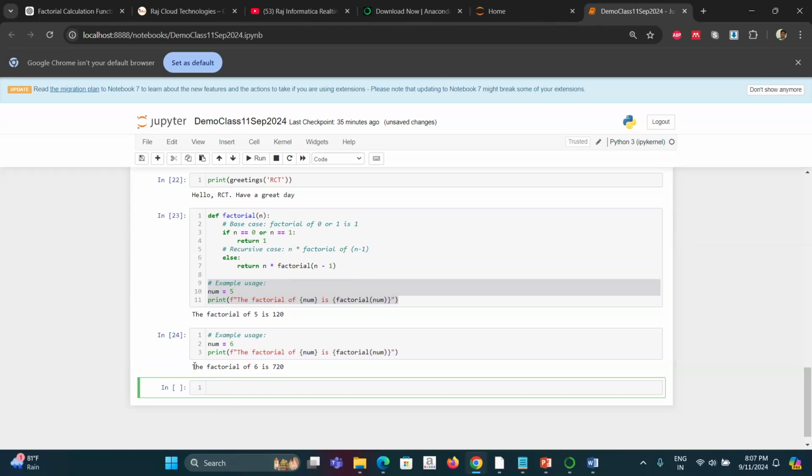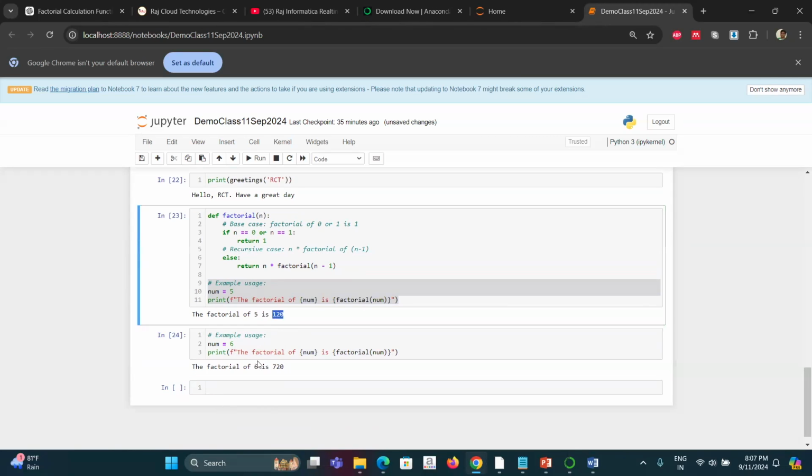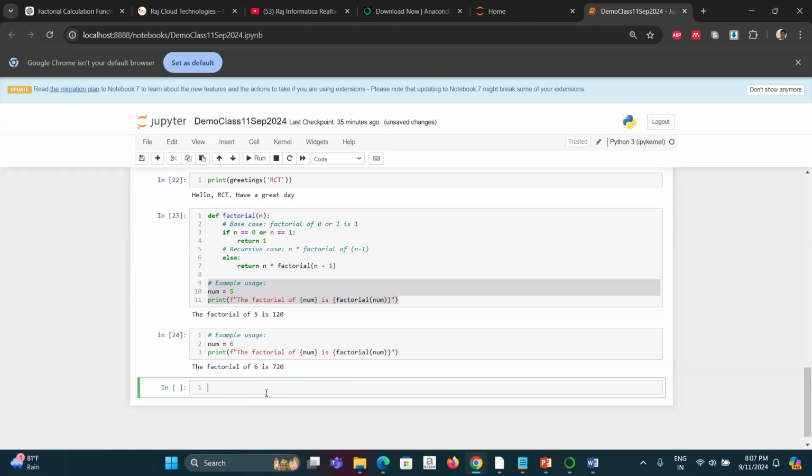See, factorial of 6 is 120, sorry, 720. 120 into 6 is 720. I can change the number and keep on executing. So this is the power of how we can use ChatGPT to get your code executed.